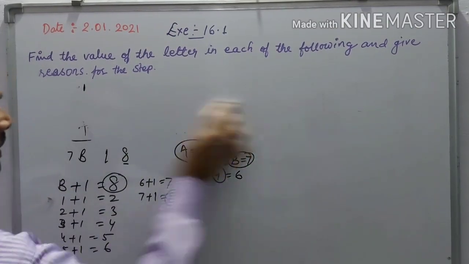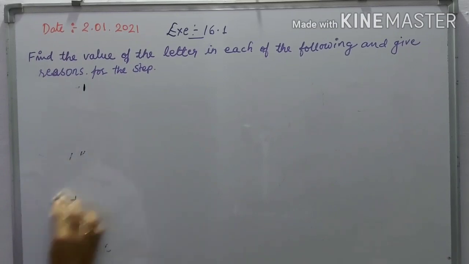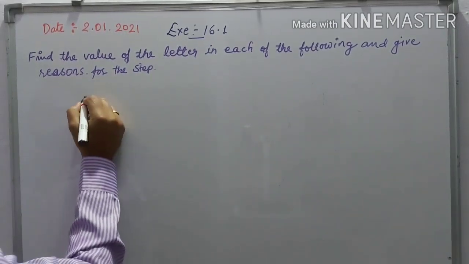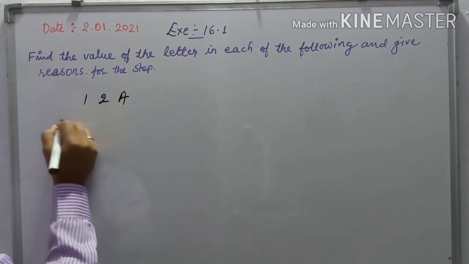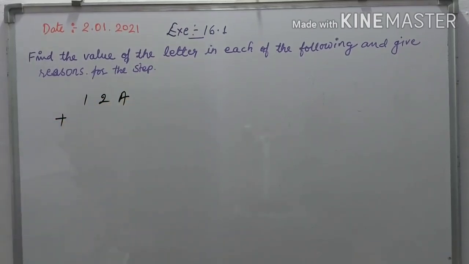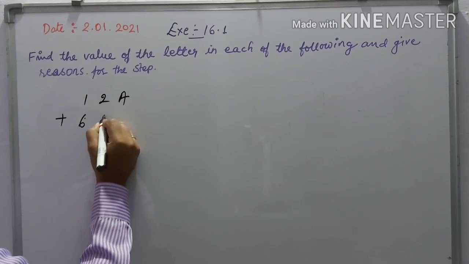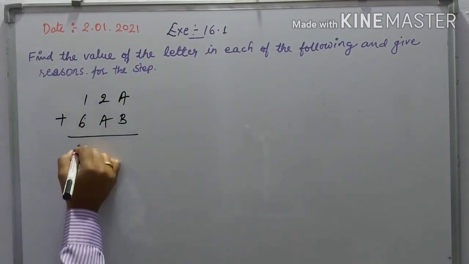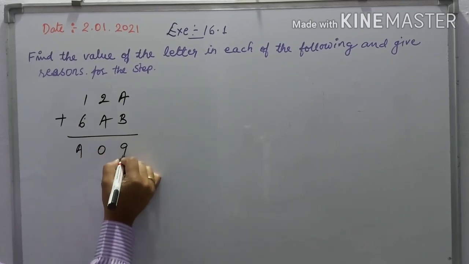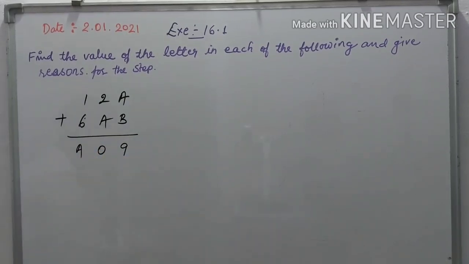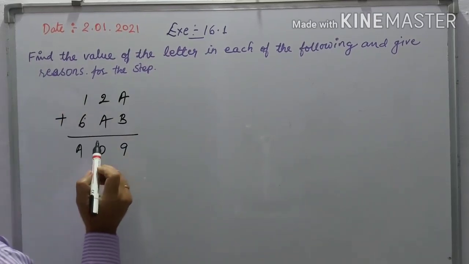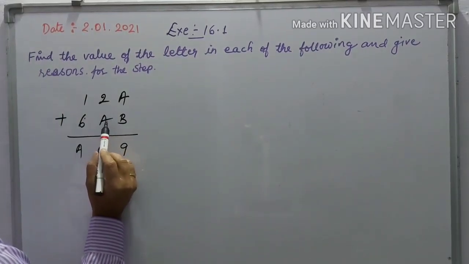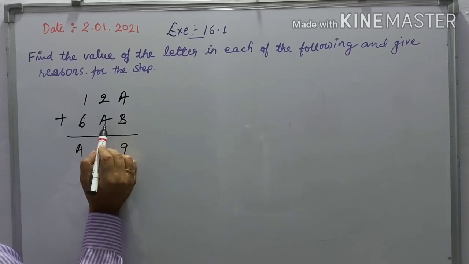And the last question is 12a plus 6ab is equal to a09, a09. Okay, now similarly you check that 2 plus 1 is 3, 2 plus 2 is 4,